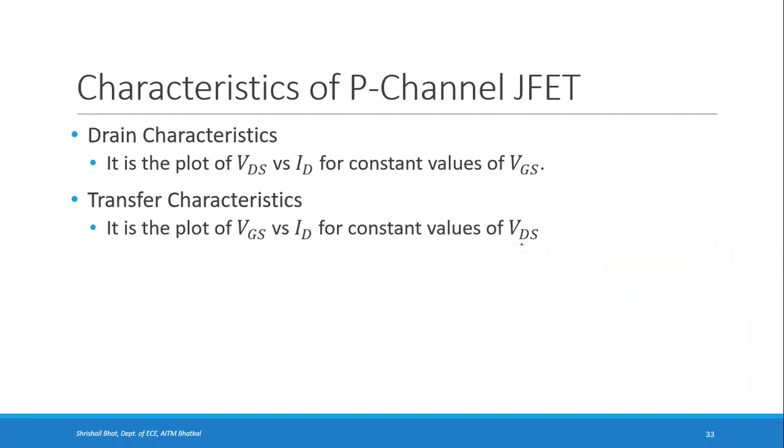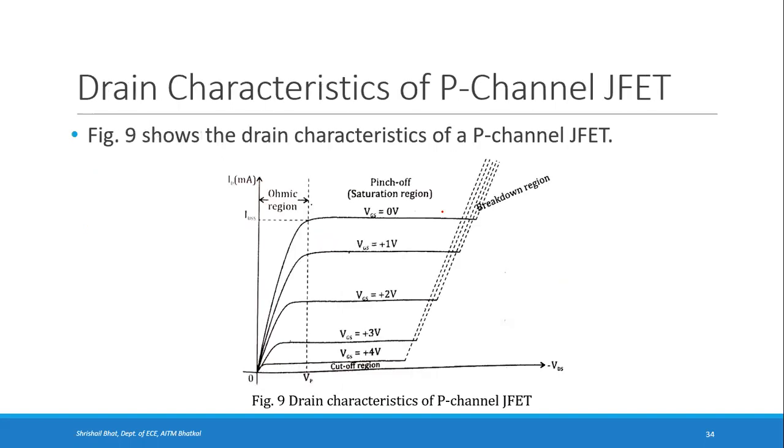That's all. So here, this is drain characteristic. It is VDS versus ID. You can draw it in the fourth quadrant also, okay, because VDS is negative, but I have shown it similar to what we have seen in the N channel JFET. But you should show here negative, okay. VDS is negative. As negative voltage VDS increases, the current increases. At certain point, it becomes constant, just like in that case.